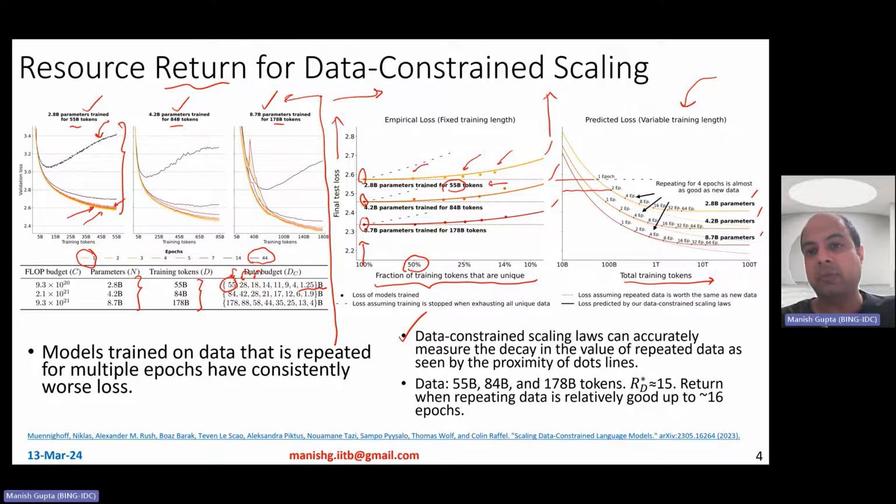So it's better to repeat and do more epochs. Okay. If I do 4 epochs, I decrease the loss further. I do 8, I decrease further, 16, I decrease further. But beyond that, the ROI is not much. So this curve basically talks about ROI, right? What is the return when I invest more resources? Okay. Up to 16 epochs, that's more than enough. Never do more than 16 epochs is the takeaway from this paper, right? It's basically saying that, especially in these parameter ranges, 2.8 billion parameter models, doing more than 16 epochs does not really lead to any good ROI. Okay, so that's the good takeaway.